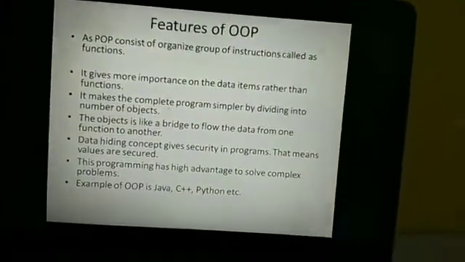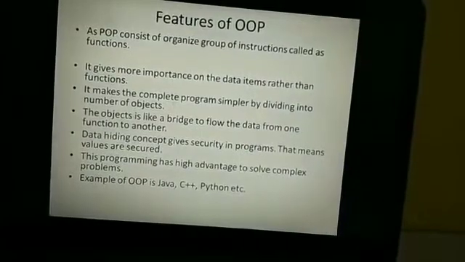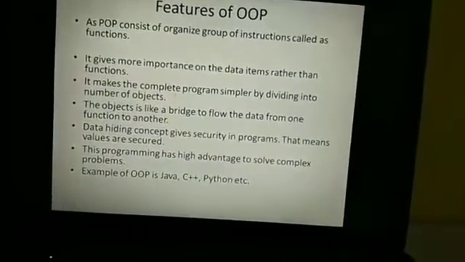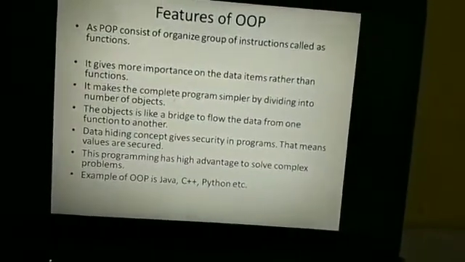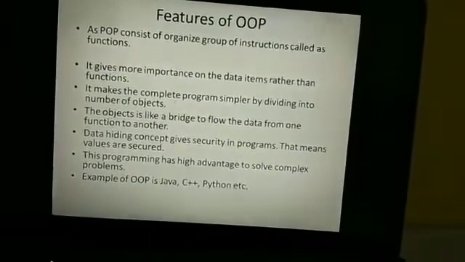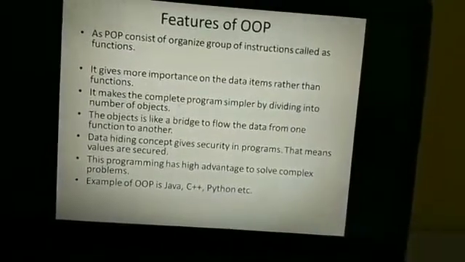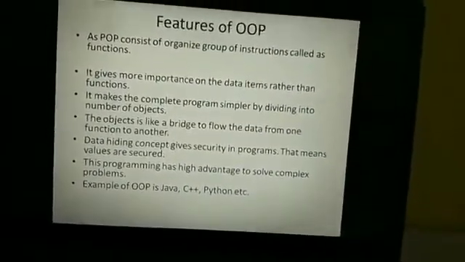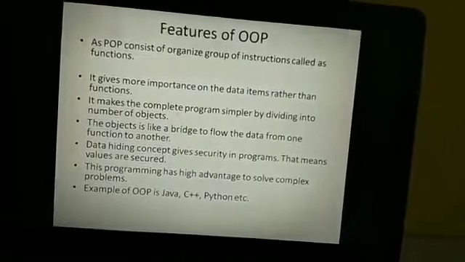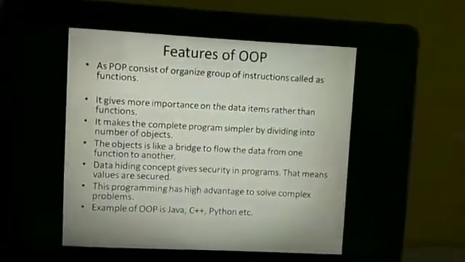So data hiding security was given in the object oriented programming concept, and it was able to solve lengthy programs and complex programs also. Examples are C++, Java and Python.